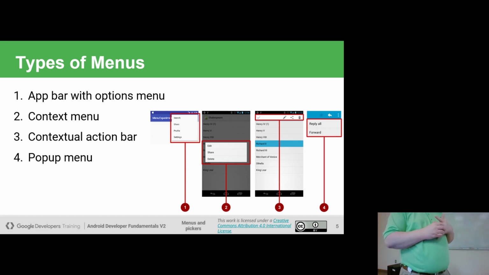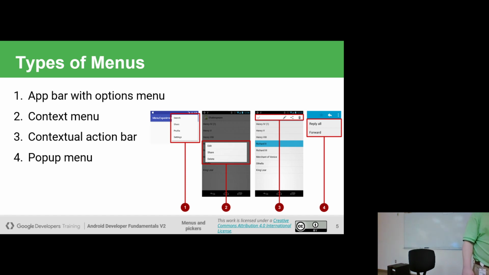The next way that we can use it is as what we call a context menu. In the world of desktop applications, a context menu is typically when I right-click on something, I get this pop-up, and I get a few options like copy, paste, etc. However, in the world of Android, remember there's no right-click, so the way we get there is through a long press. Remember we talked about gestures the other day? Long press. You press an item down for a second or two,